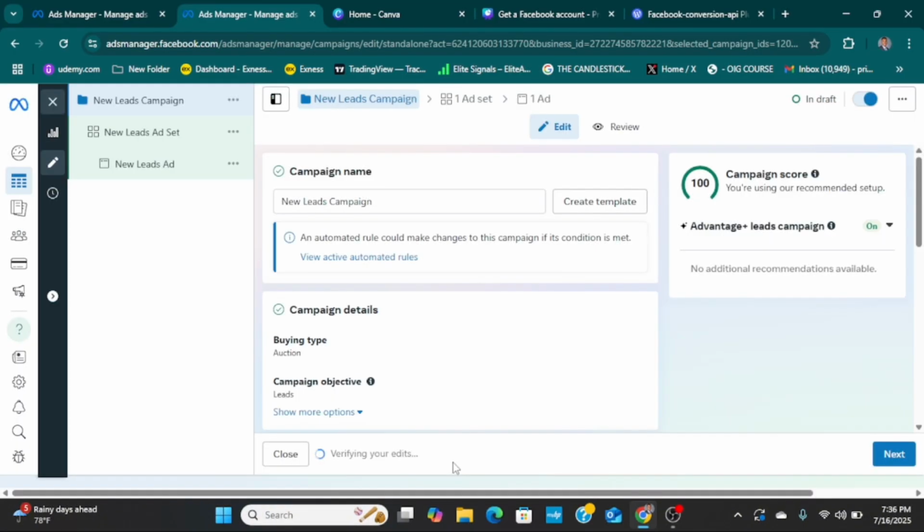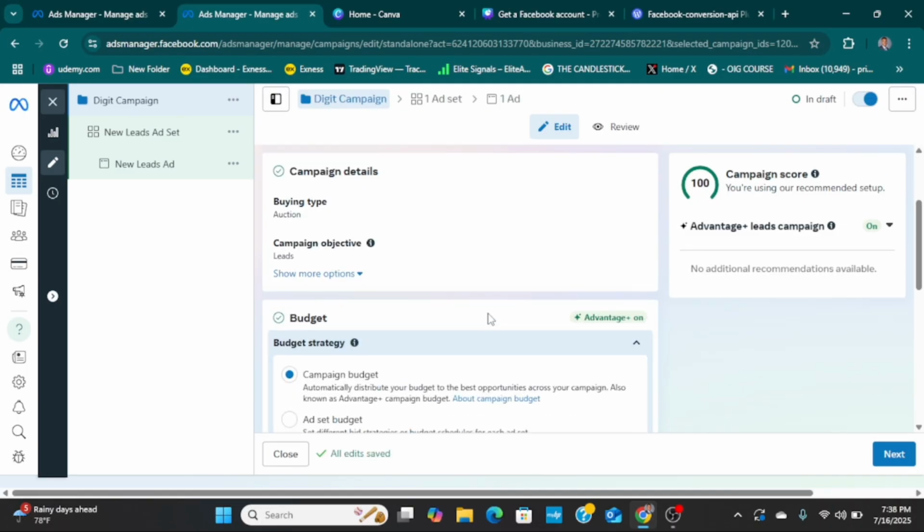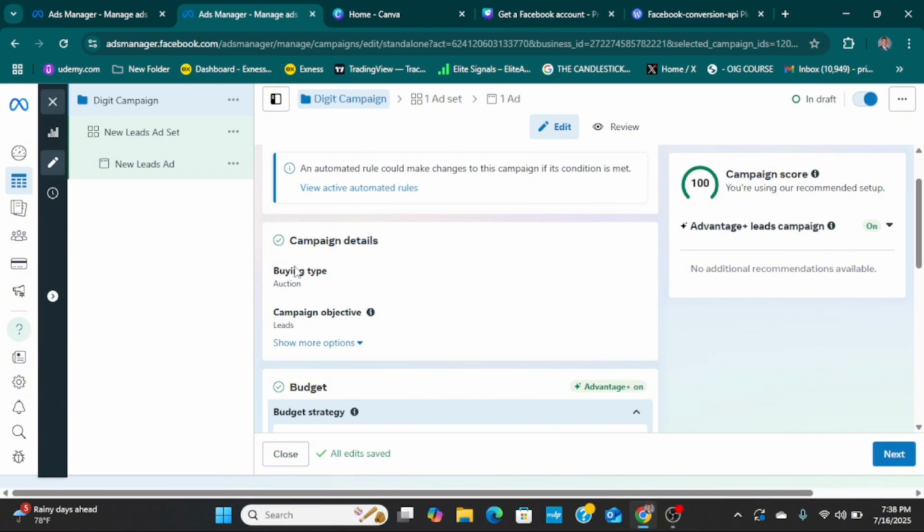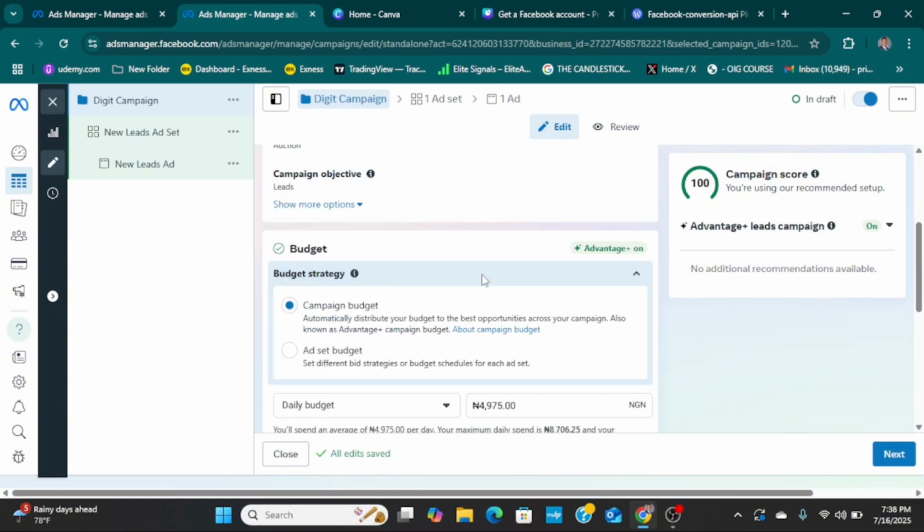All right, so let's wait for it to load up. What you want to do here is set up your campaign name. For example, if you're generating leads for your digital products, you just want to add it there to be able to differentiate your campaigns. Just type digit campaign, for example. You don't need to touch anything here. Don't touch anything there. You want to scroll down,